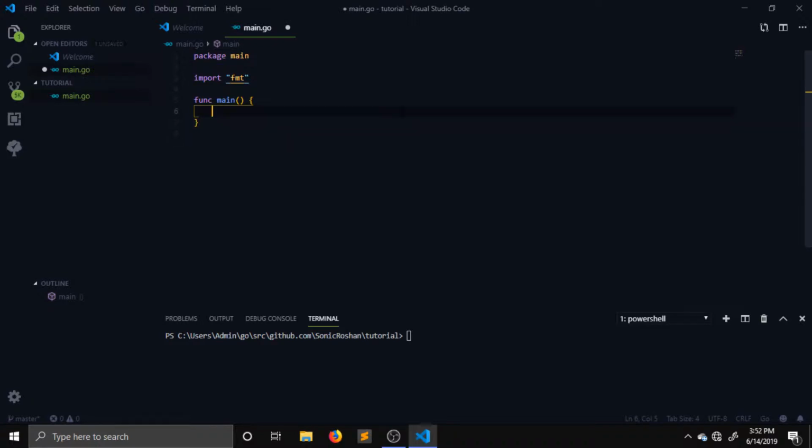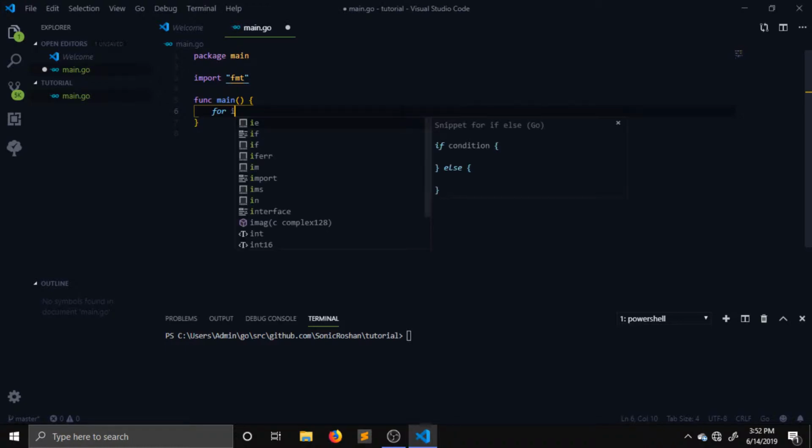Okay, so let's first start with a basic for loop. A basic for loop in Go is similar to something like C and C++. So first we define our increment variable. We'll call it i, colon equal to 0. We'll start from 0. Then we put a semicolon and then we put a condition